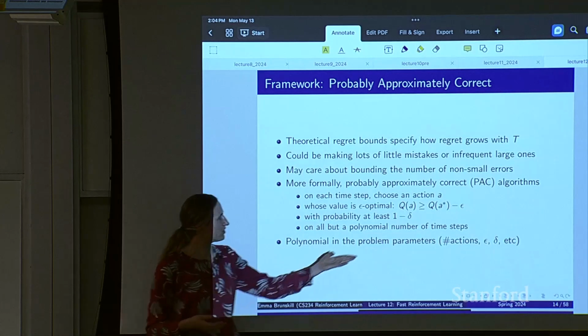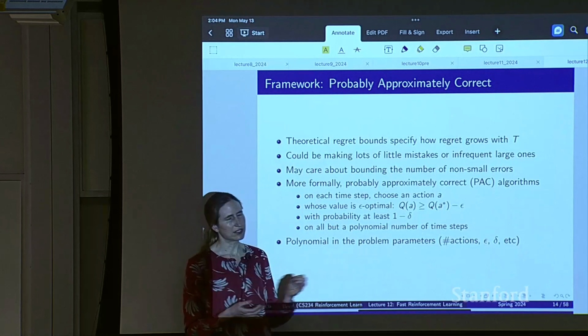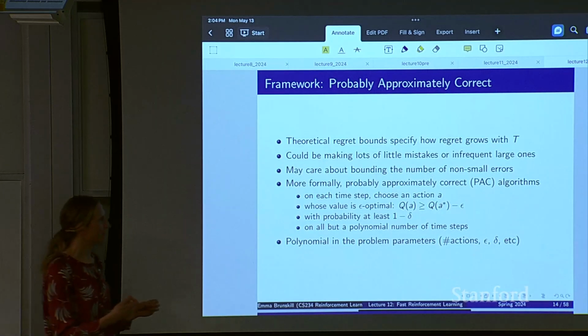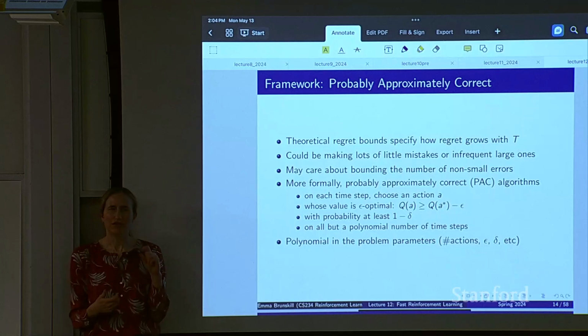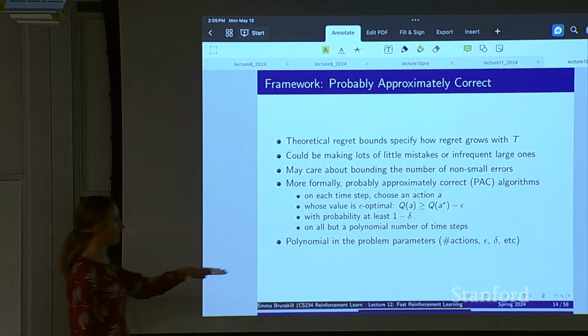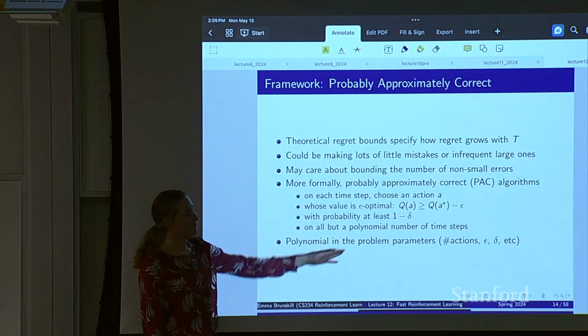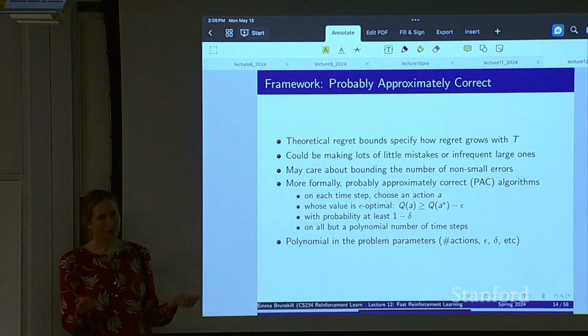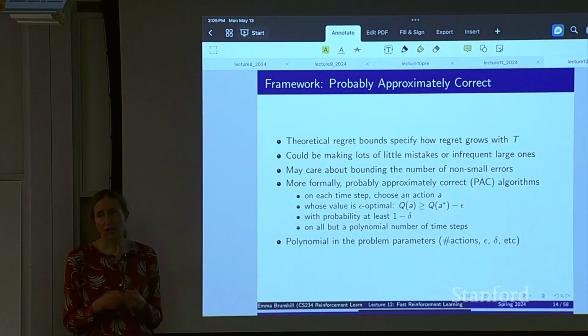What we mean by not too many here is something that's polynomial in your problem parameters. That generally means the number of actions you have, epsilon, delta, etc. As you might expect, if epsilon is smaller, generally the number of samples you need will go up, normally something like 1 over epsilon squared. So if you care about being more optimal, you're going to need more data. Or in other words, your algorithm might make bad decisions for longer. If delta is smaller, meaning that you want this to hold with higher probability, you'll also need more data. And if there are a lot of actions to learn about, in general, you need more data.